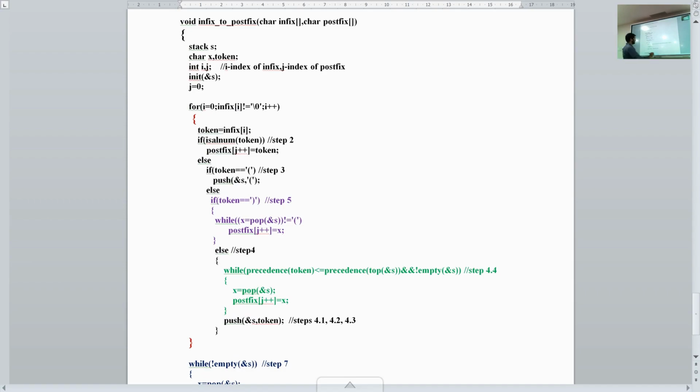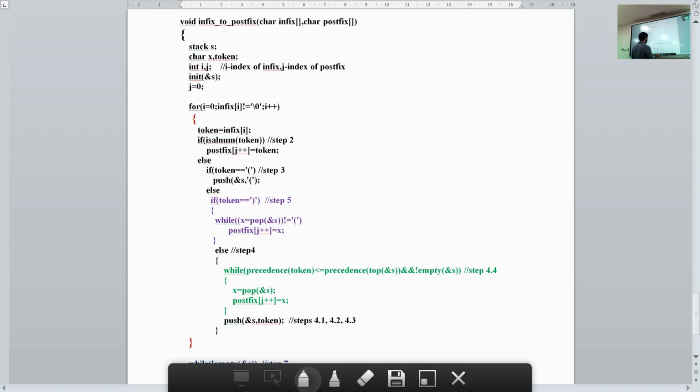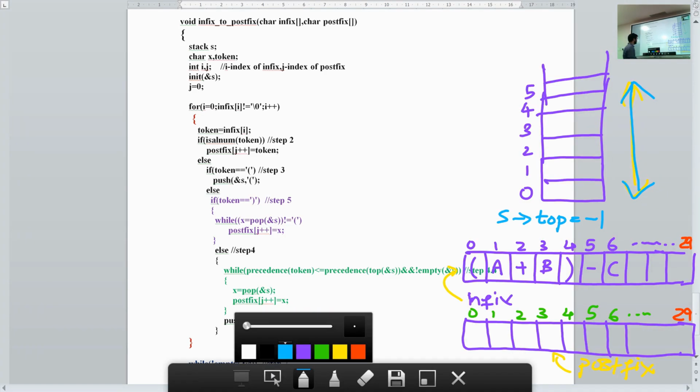So this is our algorithm that is implemented here. The entire algorithm has been implemented.